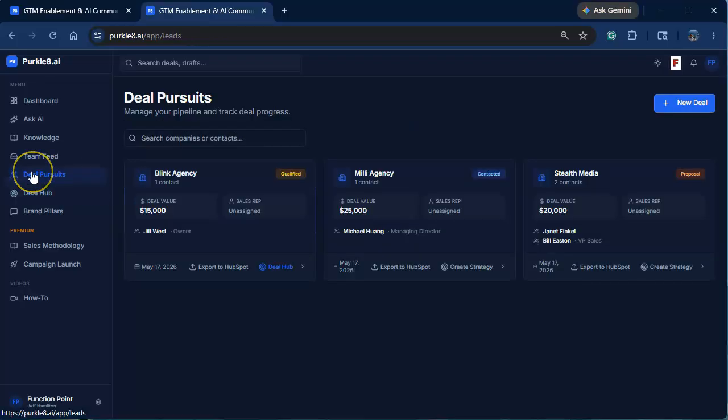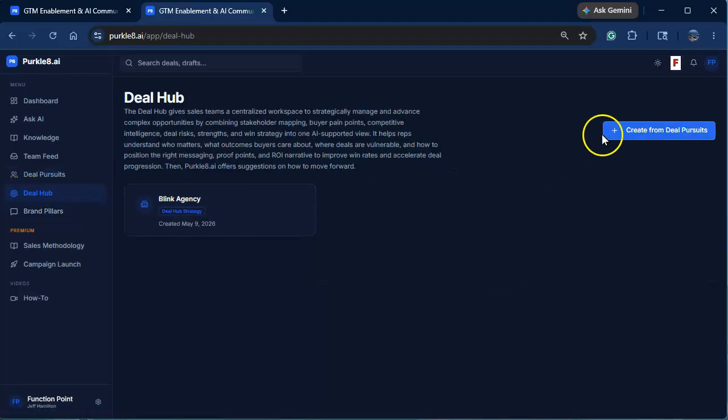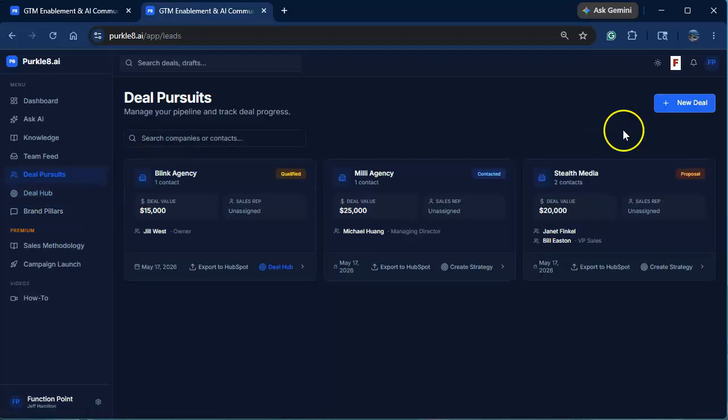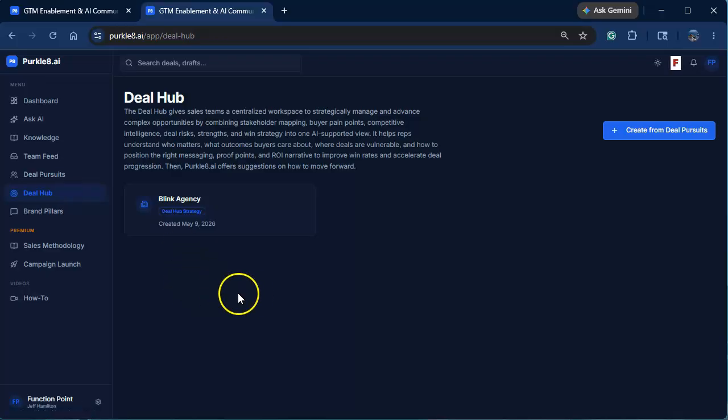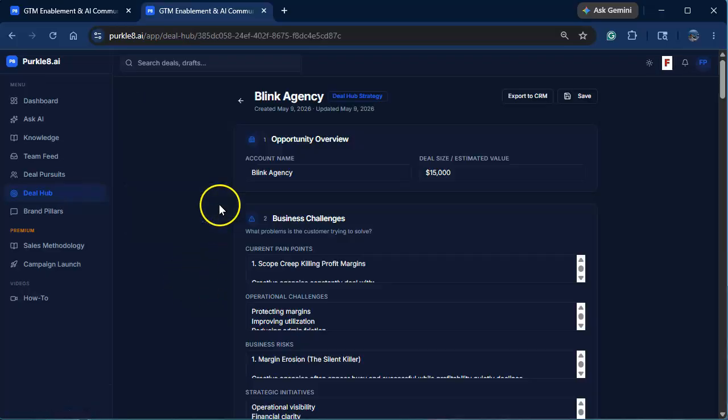If I look at my deal pursuits here, you can see the Blink agency has a Deal Hub associated with it. These others do not as of yet. So in Deal Hub, we can click here to create a new deal from scratch and then assign it to the deal that we're chasing. But we've got one created here, so let's have a look at what actually lives inside a Deal Hub strategic